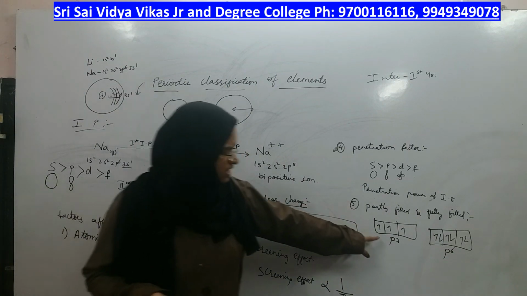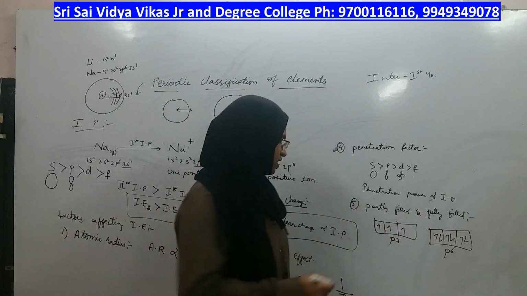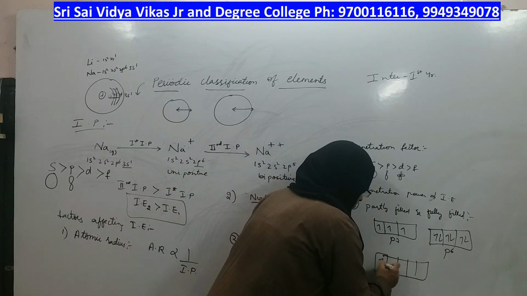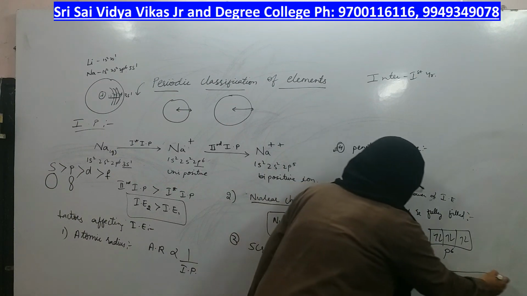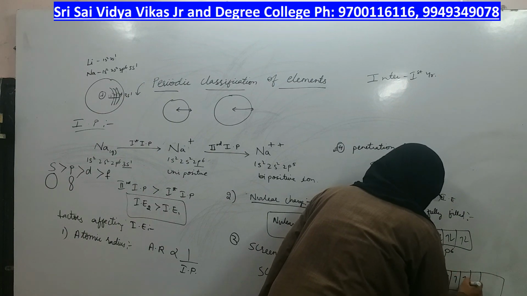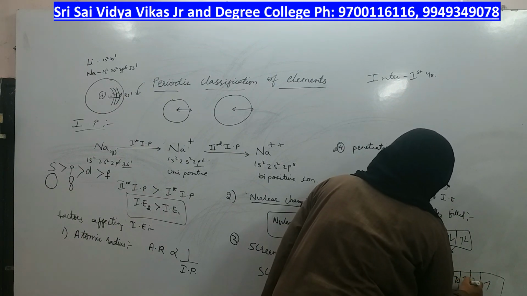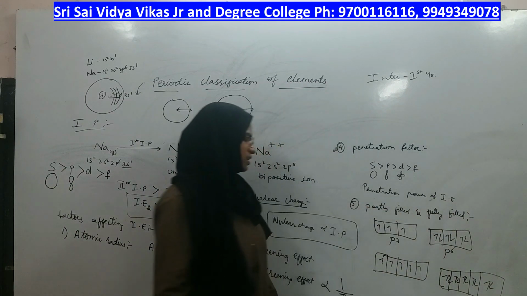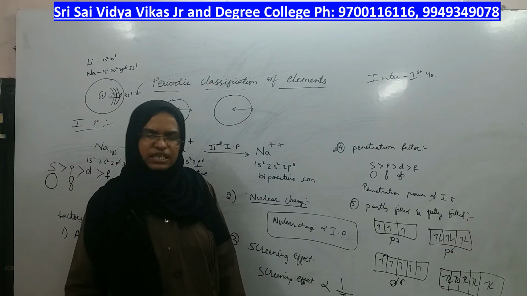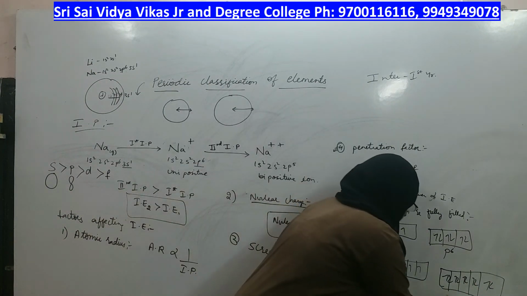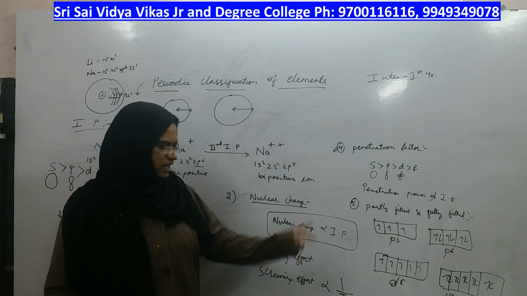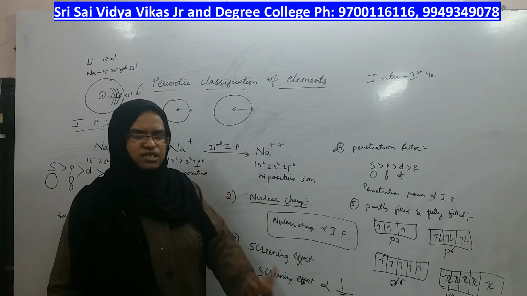So, for p orbital these two are having difficulty, and for d orbital, d5 and d10. What else can you have in d orbital? d1, d2, d3, d4, right? They can be removed easily, but d5 is difficult to remove. Then comes d6, d7, d8, d9, which can be removed easily. Then comes d10 which is completely filled. Removal of electrons from partly filled d5 and completely filled d10 is very difficult.